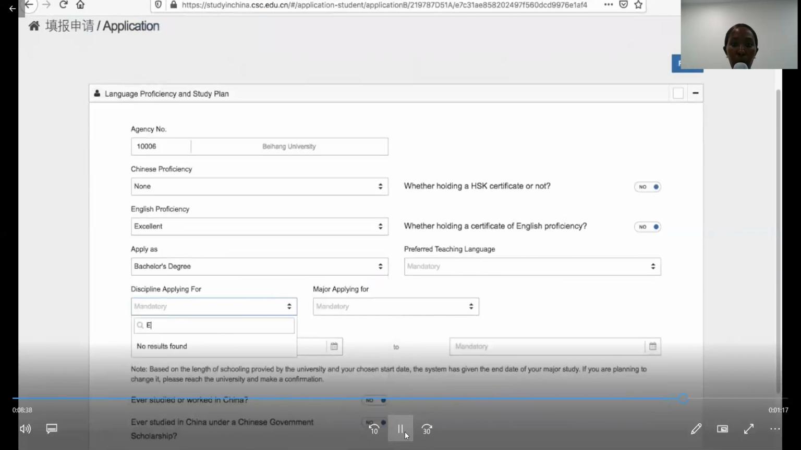You can fill in your HSK level. If it's English, then you fill in your English proficiency level. And remember, you need to provide proof of your proficiency. So say you have put IELTS English, then you need to provide an IELTS